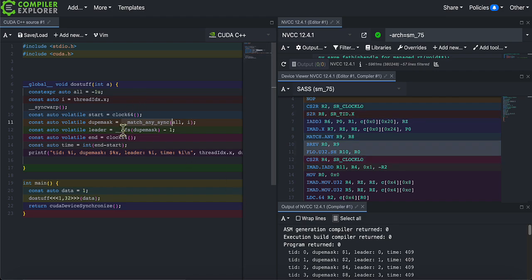And of course, if there are no duplicates, it needs to actually go through all 32 threads, and it needs to do more work. If we code it up so that we actually go through all 32 threads, we can see that we can do this quite a bit more efficiently. Let's have a look.